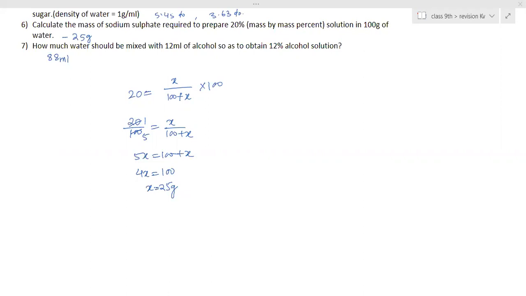Let me check the proper one. Gel side, no, it is liquid dispersed in solid. That is gel. Let me check and exactly tell you which one is right. Yeah, I'll check and tell you which one is right.